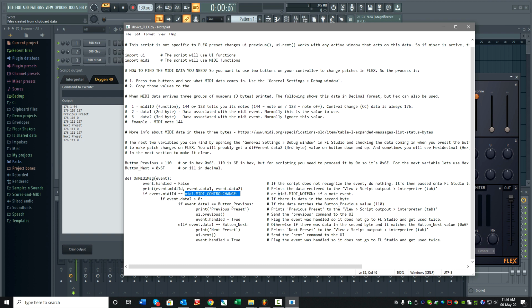If you're receiving MIDI note data, then use this function, MIDI note on, here. And if there is a MIDI note on script function, you'll probably find a MIDI note off in the script events too. Then after that, it says if the second value byte, the middle value in those 3 sets of data, is greater than 0, then do something. What? If it's equal to the button previous variable,